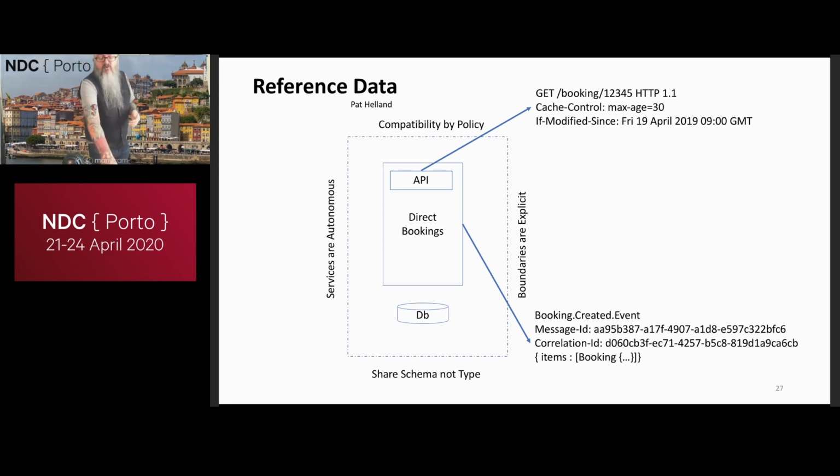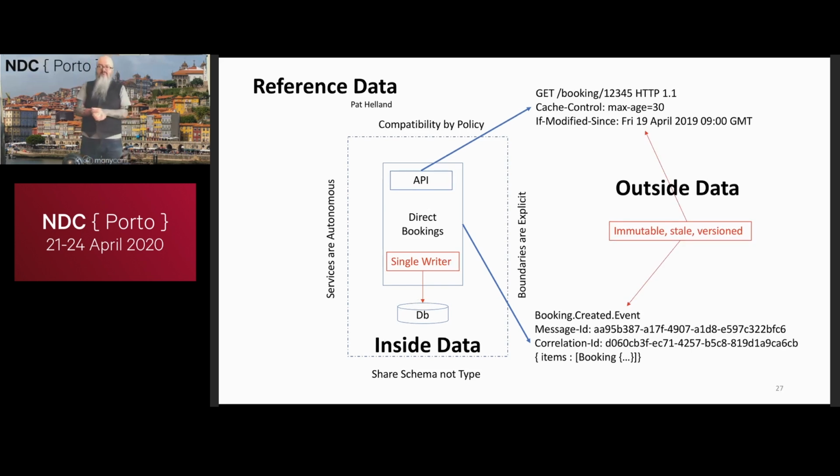All of that data we tend to call the outside data, and we tend to call the data inside the service the inside data. Now, the really interesting thing about outside data is it's highly cacheable. It comes from a GET, which you're used to caching, but even information I pick up via messaging from another system is also very highly cacheable. And we talk about this more in the event-driven collaboration talk, but the idea to think about here is this. If I was to call the accounts system regularly to get your account details, I might think to myself, I could cache that API call and store your account information so that next time I needed it, I'd be able to get hold of it.